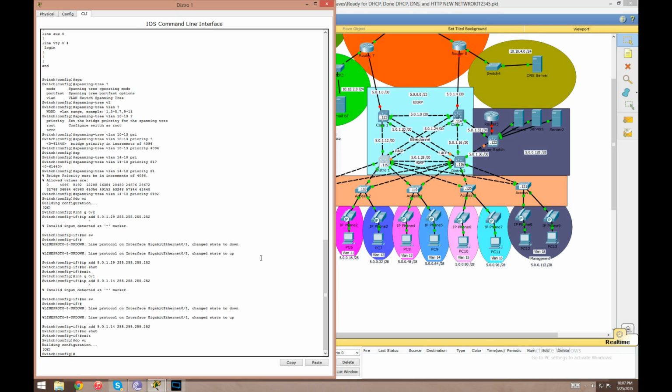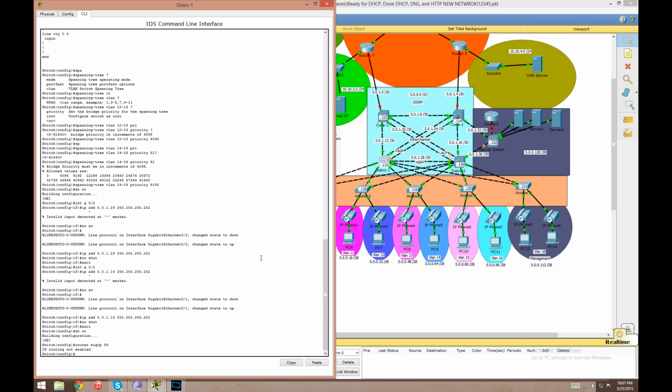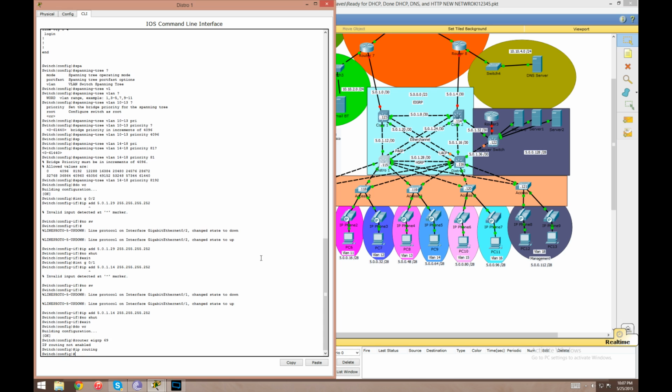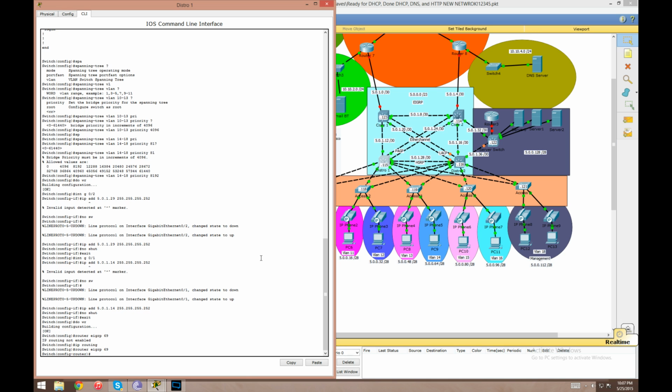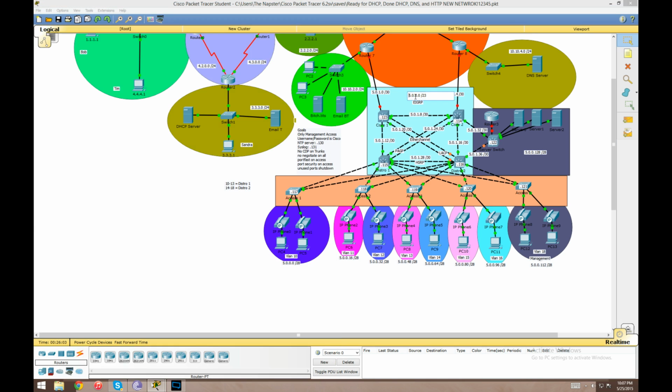So with that, let's set up EIGRP. Now this is where it's going to yell at me. Router EIGRP. We're just going to use 69. Sounds like a good number, right? Ooh, IP routing not enabled. So all we have to do is type in ip routing. Easy enough. Router EIGRP 69,